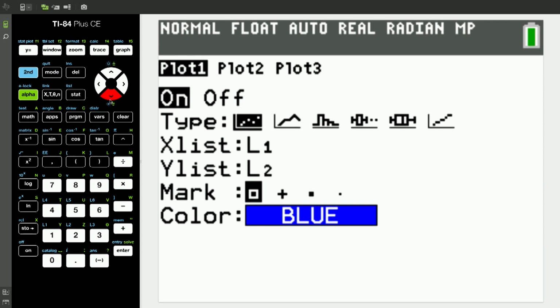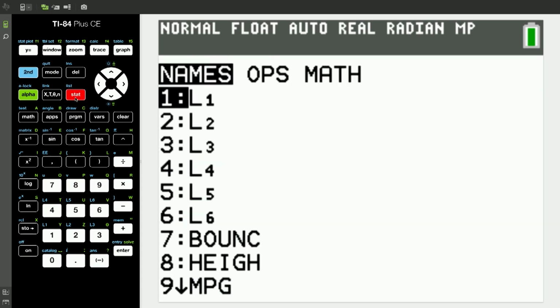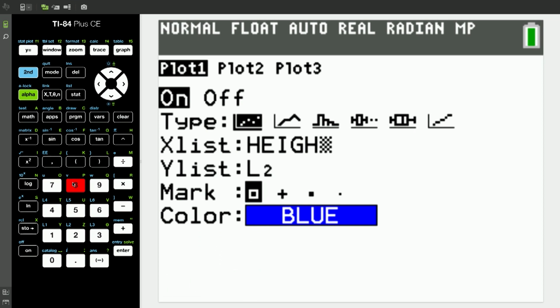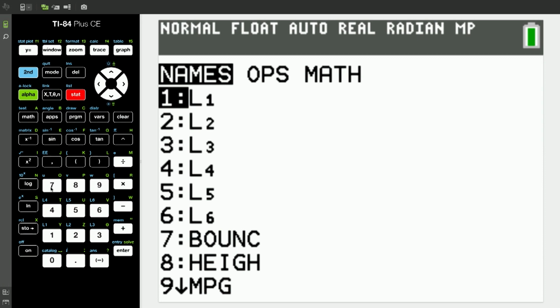I want height. So where do I go get height? Where did we go? Second stat for list, and it was number 8. And then for list 2, second list 7.